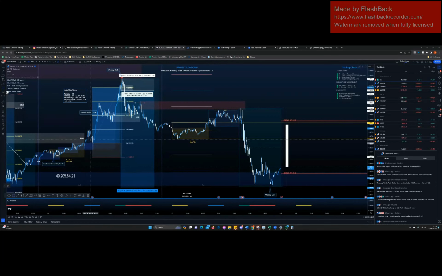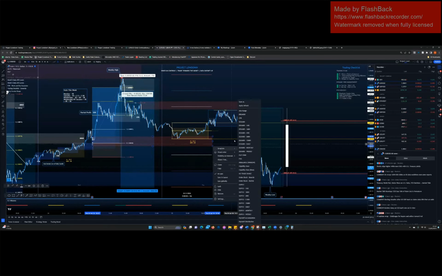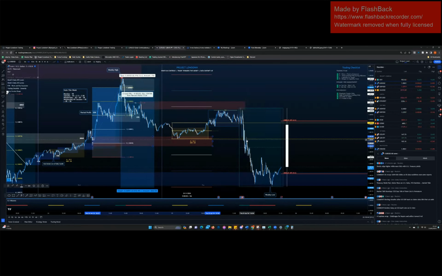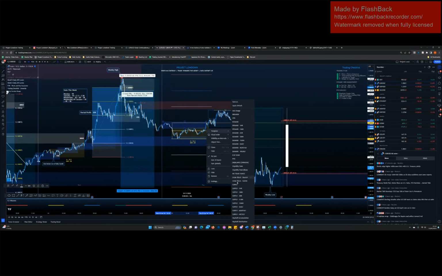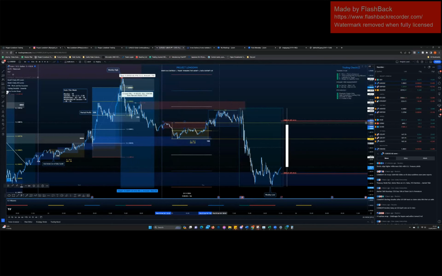If we said this swept this before breaking structure, this is a liquidity POI, potentially we would have wanted to long from here, which is what made the long idea for me valid in terms of, okay, Asia printed the low and swept something in the POI. I've seen short-term supply fail, which is why I said, okay, once I get the expansion, I can look for this long. But keeping in mind the fundamental narrative which dictates the long-term move is bearish. This is a counter trend trade. I need to be careful here, which is why I went break even and I said, if it takes me out, so be it. I'm not going to fight it.